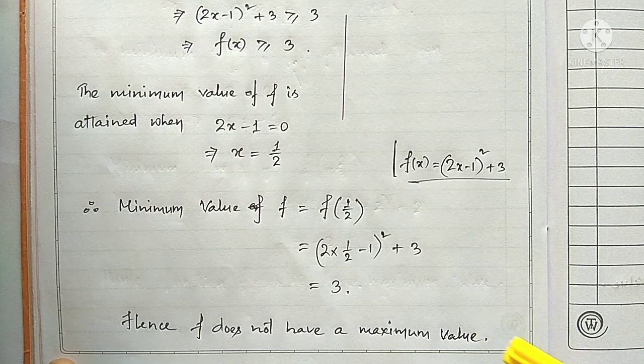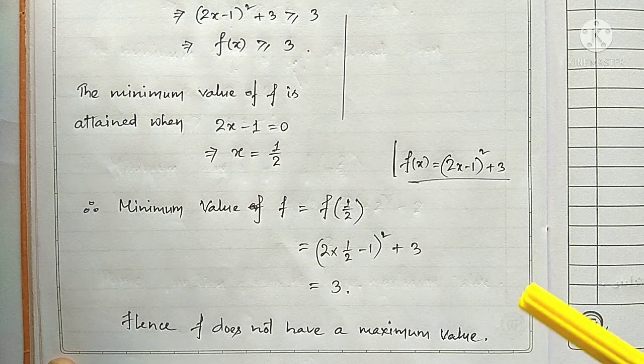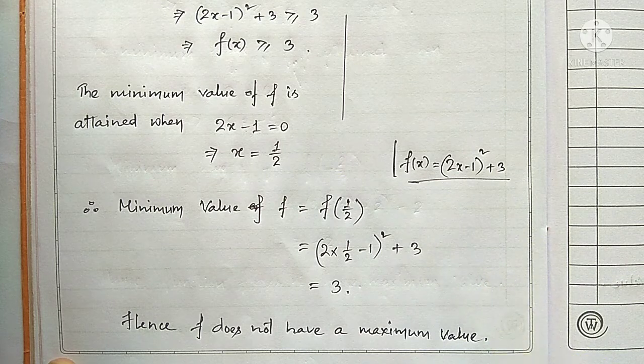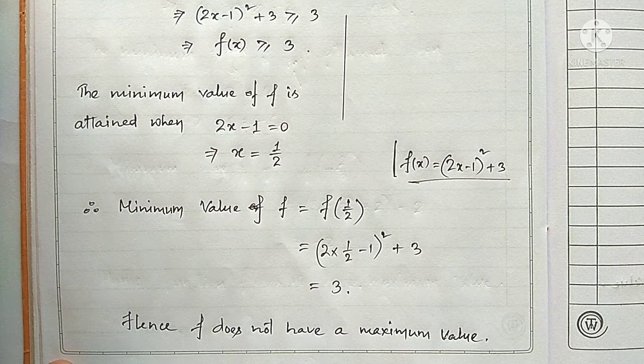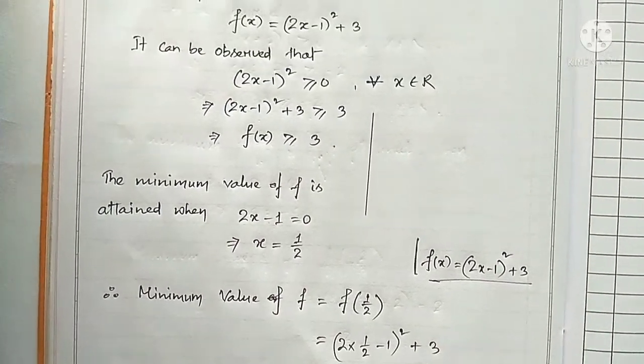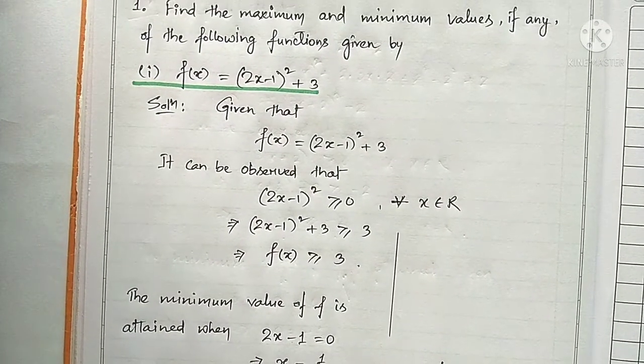Especially in this question, we get the minimum value because of this: f(x) is greater than or equal to 3. So without using derivatives, we can find out the maximum or minimum value in this way. I hope all of you understood this one. Is it clear? Okay. Now after completing the first one, if you see another question here,